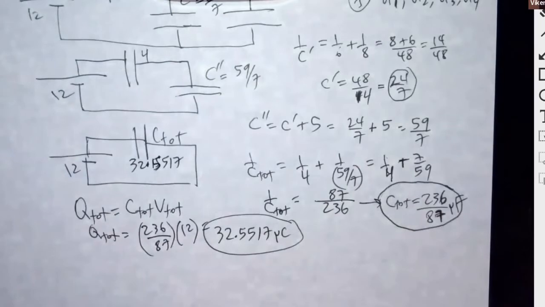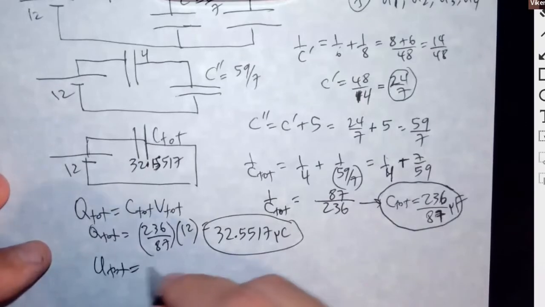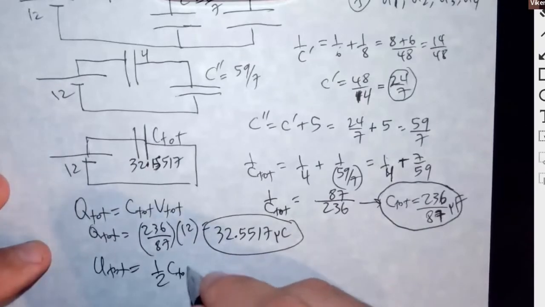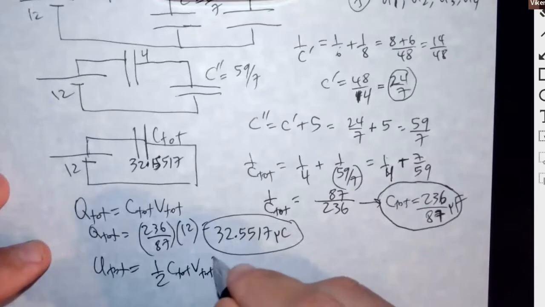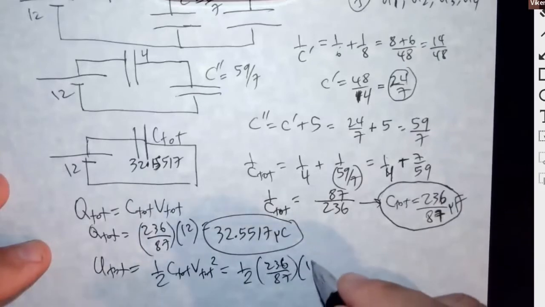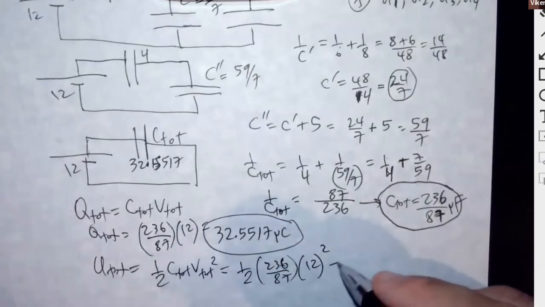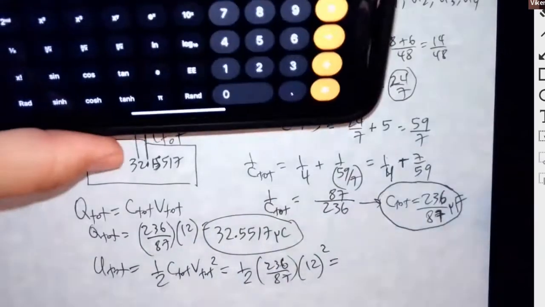And the energy that the battery will supply to that, the total energy, is half C total V total squared. So half 236 over 87 times 12 squared. So that's going to be